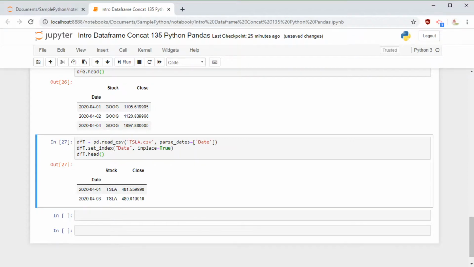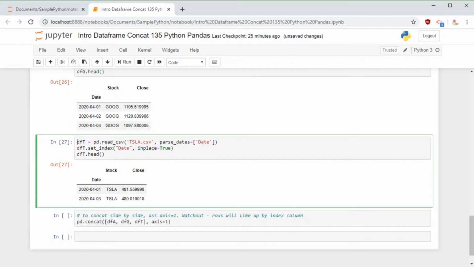Now let's go ahead and do what we wanted to do before. Let's do it again. This time I'm doing concatenation of the new data frames for Apple, Google, and Tesla, and I'm passing the argument axis equal to 1.